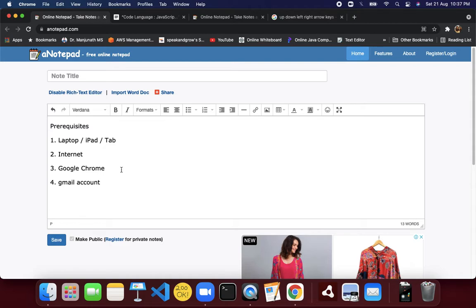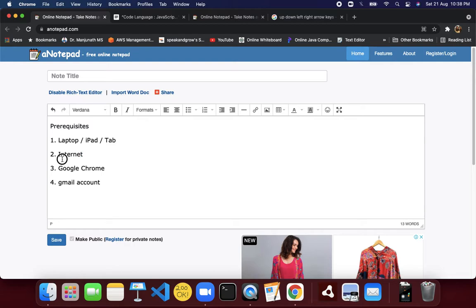Here, if you see, we will require a laptop or an iPad or a tab. You can try with a mobile, but I have not seen a mobile working well for game development. Playing is a different thing, but developing is very different. So at minimum, a tab or an iPad you can comfortably build anything on. Laptop is the best thing.